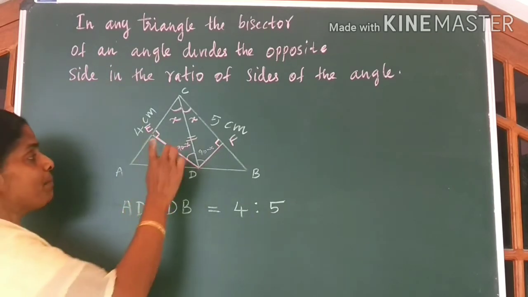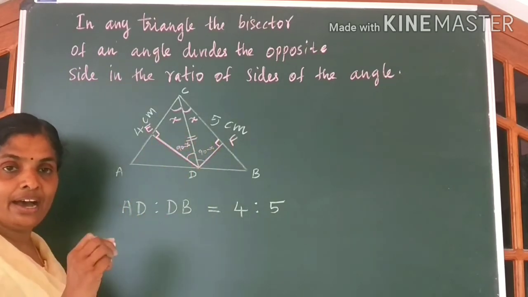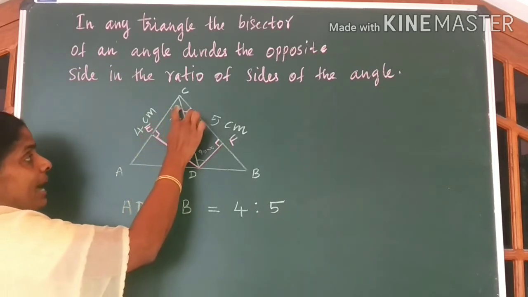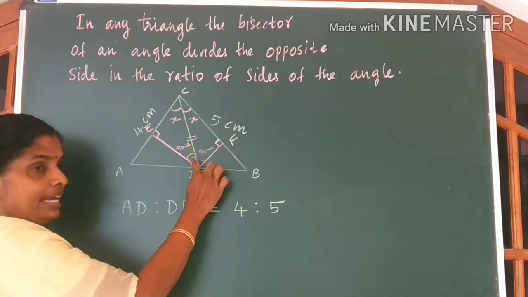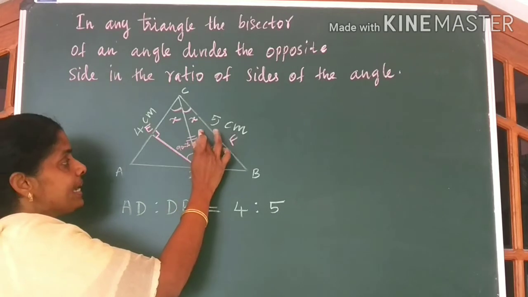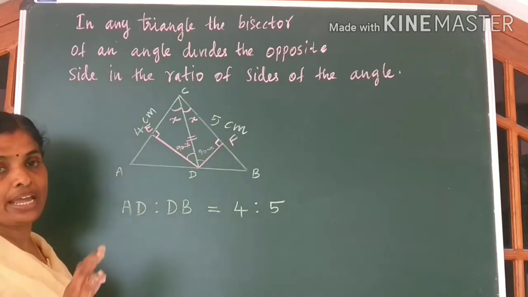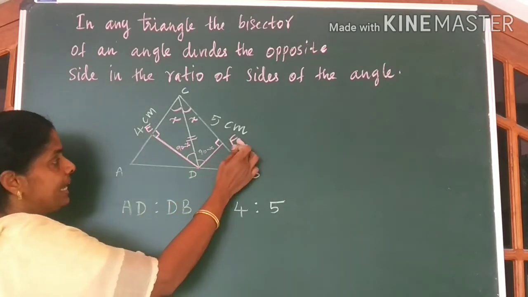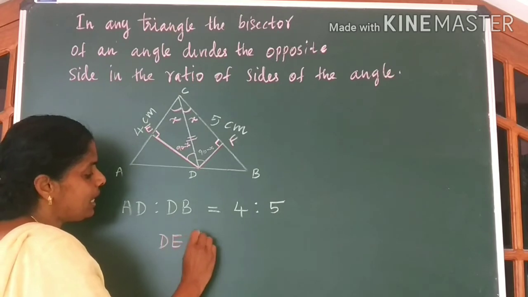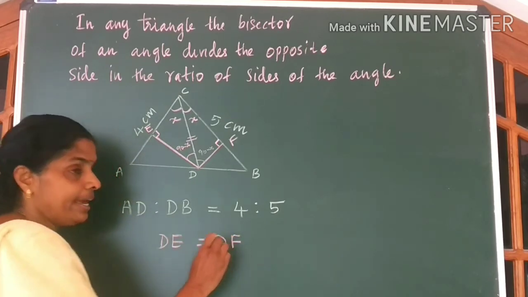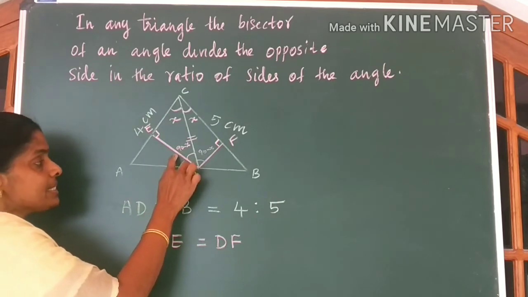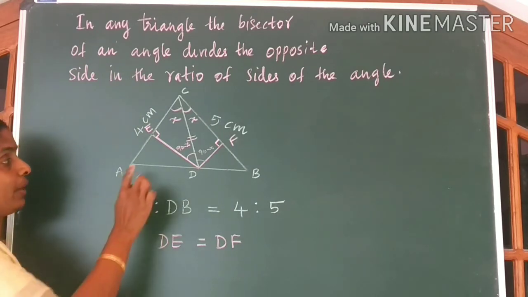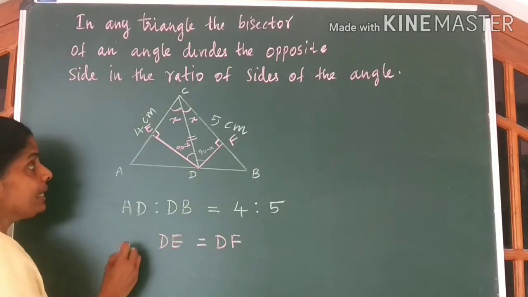So, what can you say about these two triangles? They are congruent triangles. Use our 8th standard idea: angle, included side and angle are equal. Therefore, these two triangles are congruent. So what can you say about the lengths of DE and DF? We can say DE will always be equal to DF because they are the sides opposite to equal angles. Is it clear?